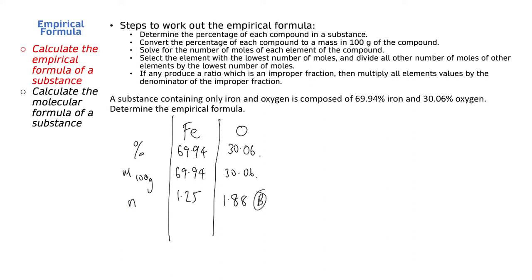I'm going to save those values as B and A. Right, and then I'm going to divide by the smallest. Okay, and this one's going to be 1 because it's the smaller one. And this one here is going to be 1.5. Okay, so when you divide this by the smallest, sometimes you're going to get a